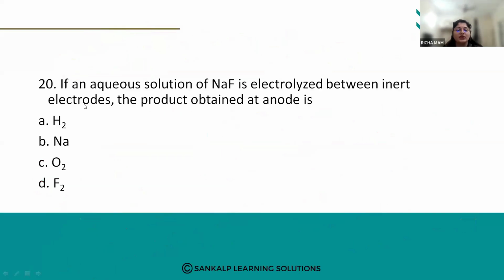If an aqueous solution of NaF, that is sodium fluoride, is electrolyzed between inert electrodes, the product obtained at anode is A, hydrogen, B,